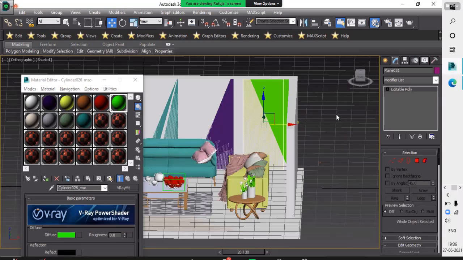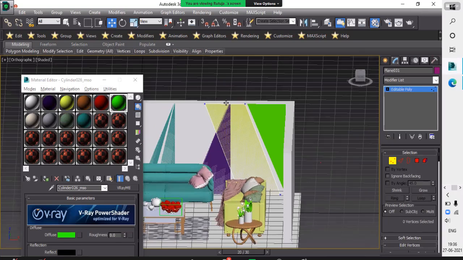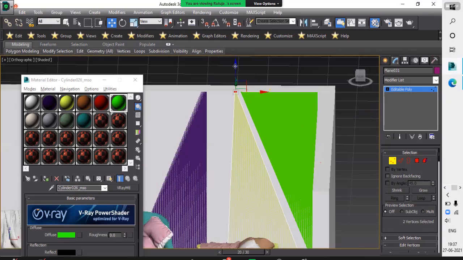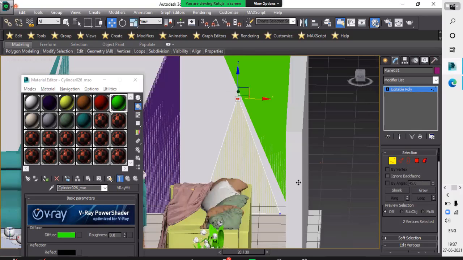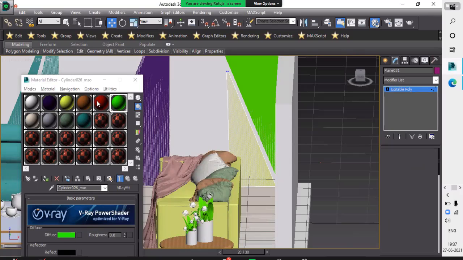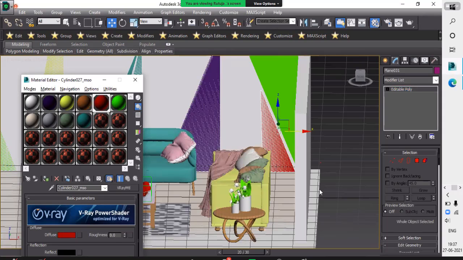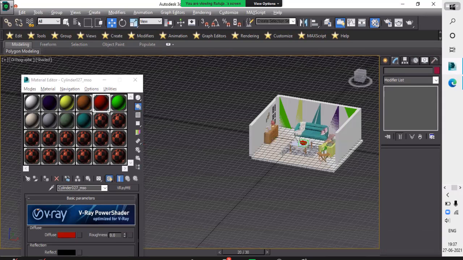Place this one. And decrease the height of this. And place it. Right. Apply the material on the plane. And yes, you have finished your background designing.